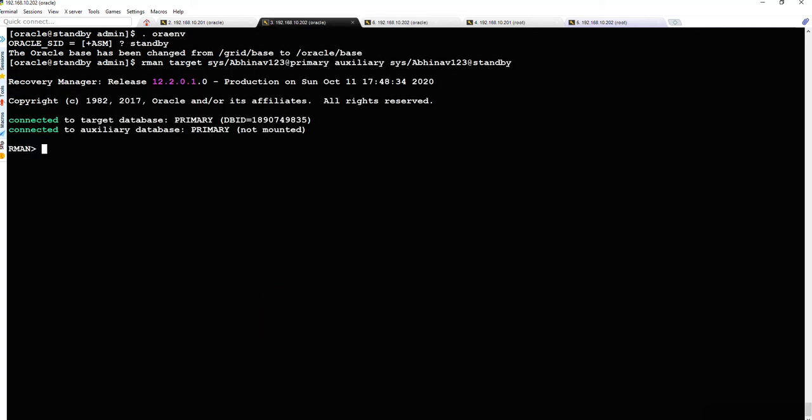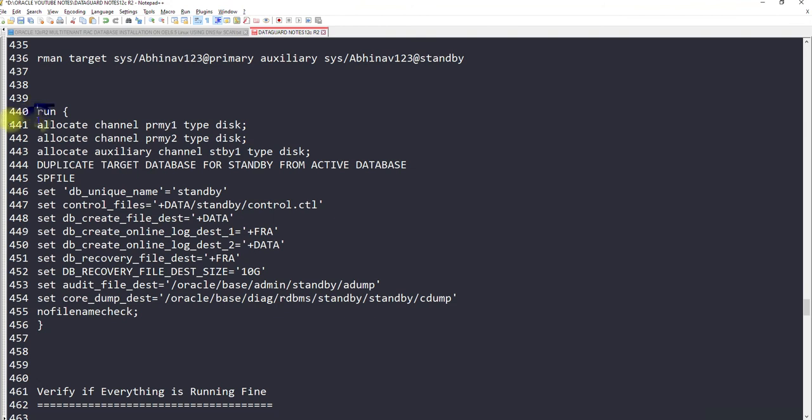So this looks fine. What we need to run, just a second, let me go down to our location. Now we have to run this complete script. It says run in a block, with curly braces open and closed. You have to allocate 3 channels: 2 normal channels, and one auxiliary channel.